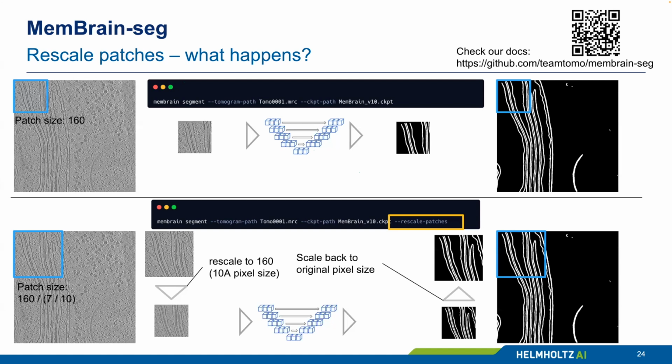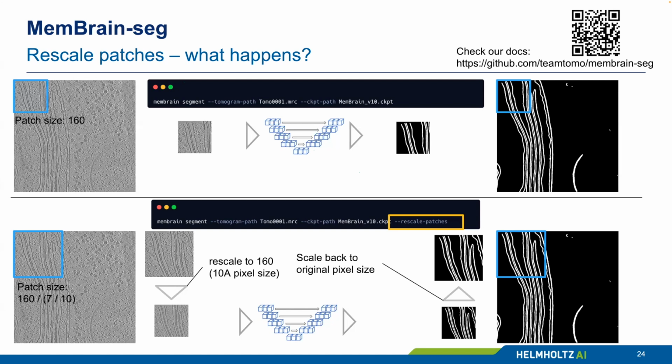Now, of course, you can also alternatively just take your full tomogram, rescale it to 10 angstrom pixel size, and then feed it through the model and get a segmentation in 10 angstrom, and then rescale that back. But I think this approach here can be a bit more elegant because this is implemented pretty efficiently, because everything in the rescaling is happening on the GPU. So this does not really cost any time for the rescaling.